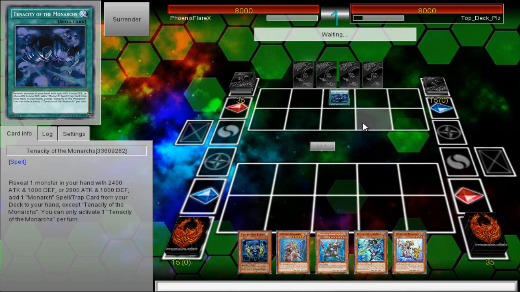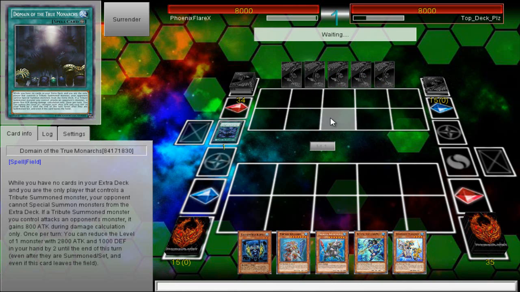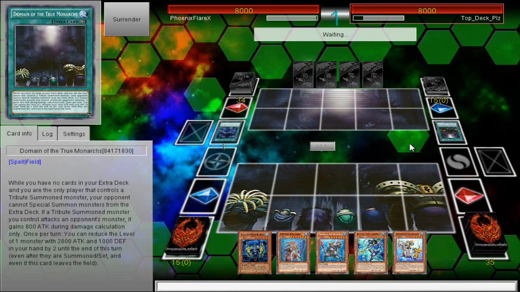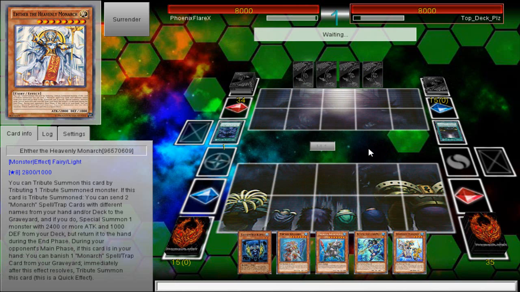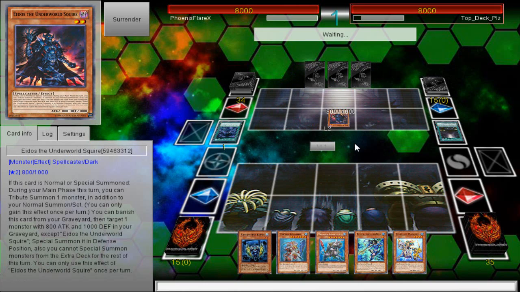But anyway, game 4, last game, I win the die roll, or rock, paper, scissors, die roll, and I tell him to go first, and he starts his turn off with Tenacity, revealing Aether, and searching for Domain, because he only plays 1 Domain because it's extra deck Monarchs, and that's pretty standard, and so he wants to start getting his graveyard set up because his hand doesn't seem to be as strong as it could potentially have been,